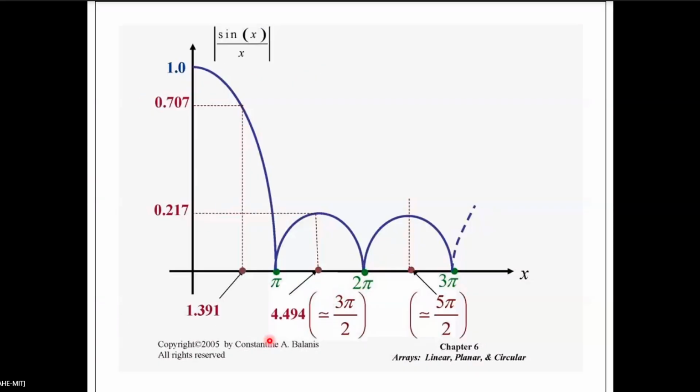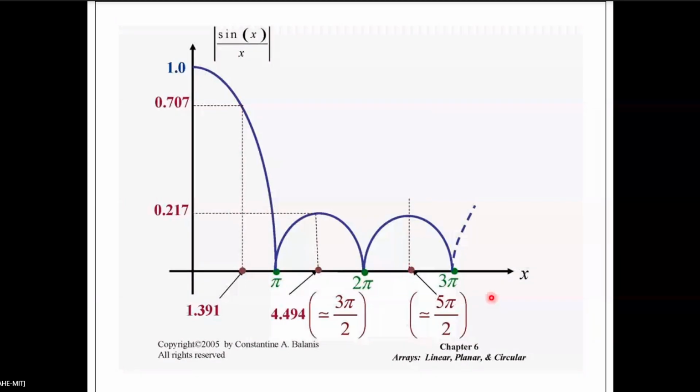See, sin x by x, the amplitude part, just the magnitude part, if you plot it, it will be like this. If it is not magnitude, then it will be like this. This is what is shown is the magnitude. So here you have maxima, here we have nulls, here we have secondary maxima, minor lobe maxima. Here is the major lobe maxima for sin x. These are minor lobe maxima. So here we have nulls at 0, pi, 2 pi, 3 pi and so on.